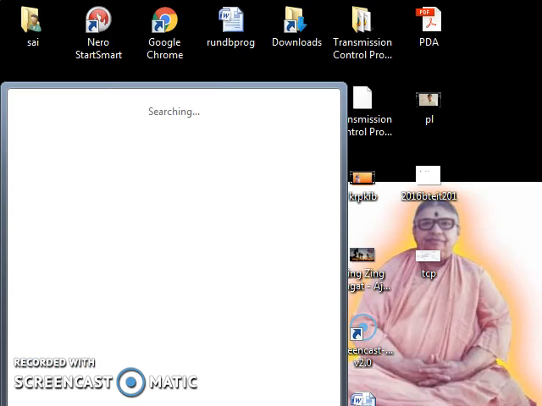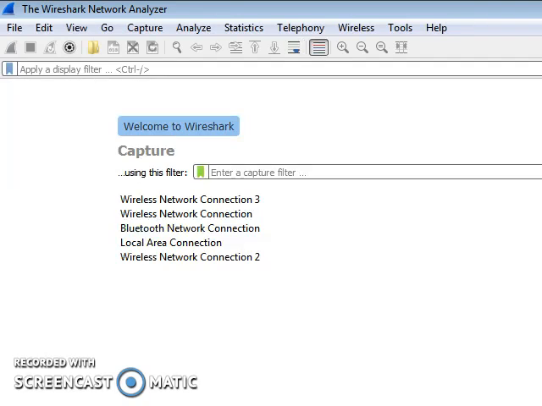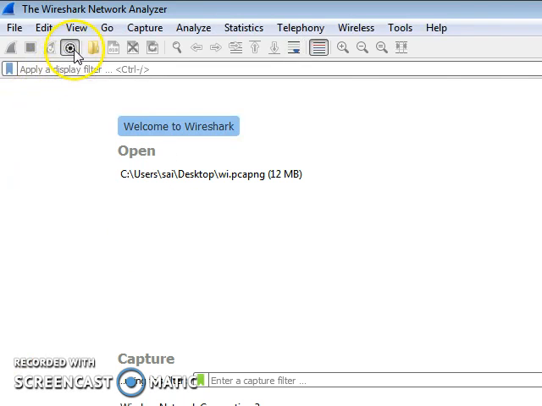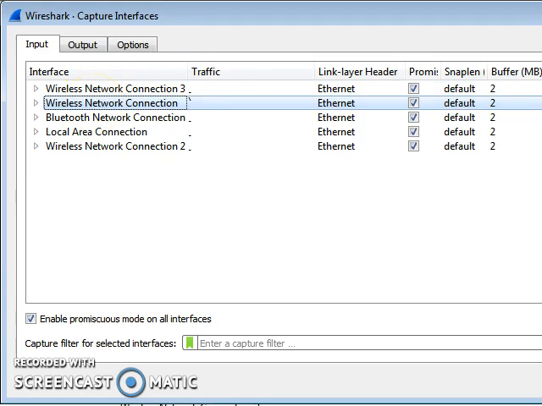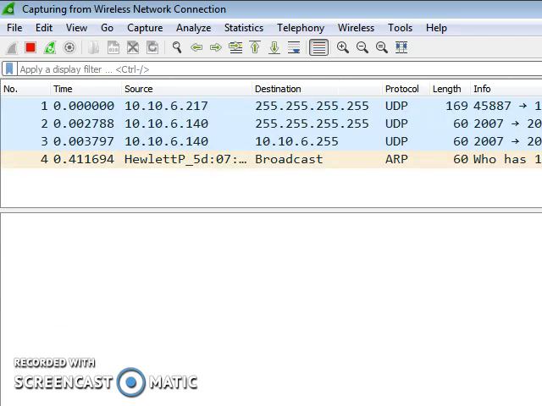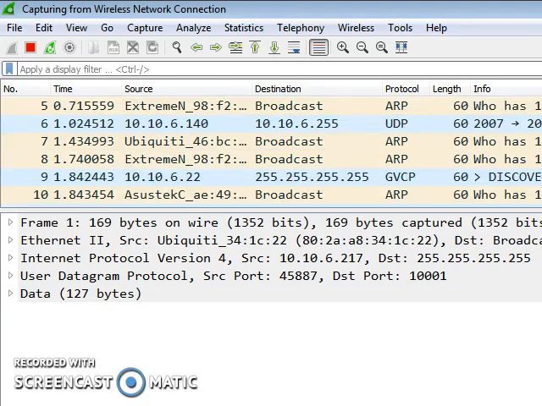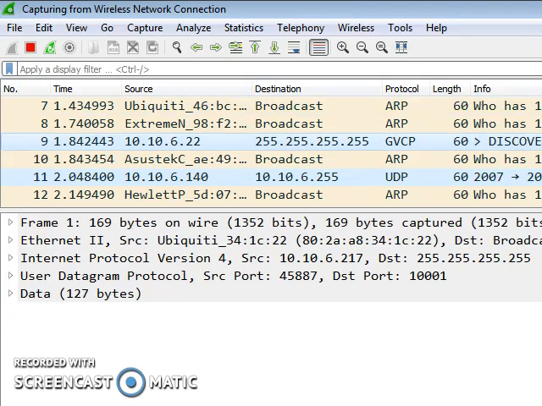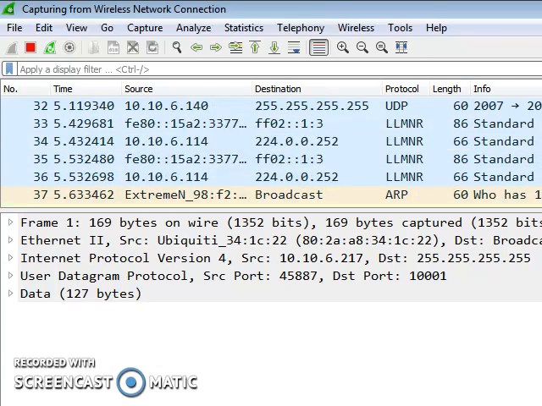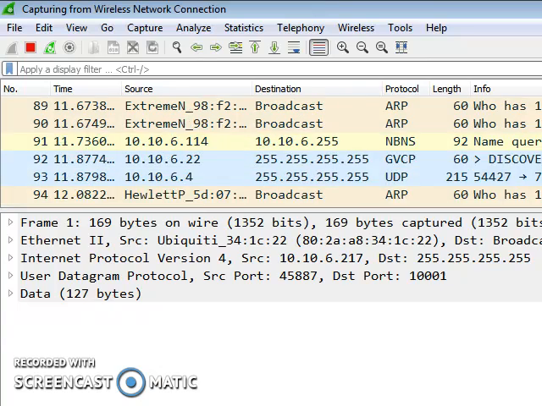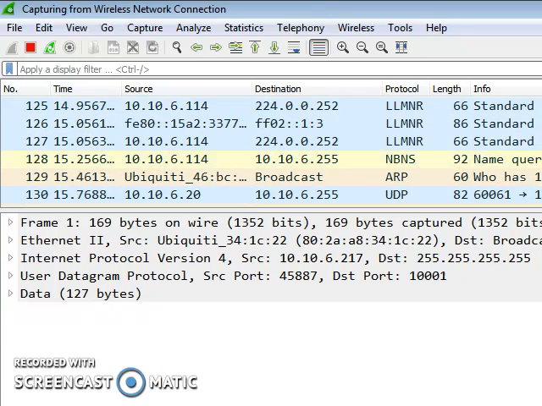First of all, begin with Wireshark. Now click over here. I am connected to the wireless LAN. Click on Start. As you can observe, all the incoming packets to the source port and the destination port have arrived at my Wireshark software, and it has captured all the incoming packets on this interface. There are many packets: ARP packet, GVCP packet, UDP packet, also probably a DSCP, then the LLMNR packet is also over here. Many more packets have been captured by this software.